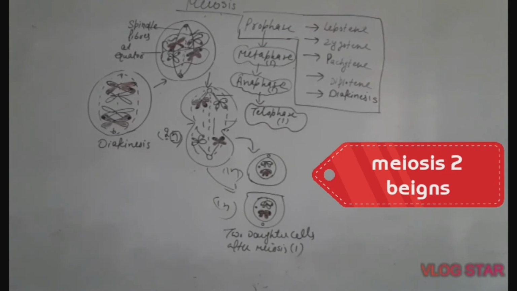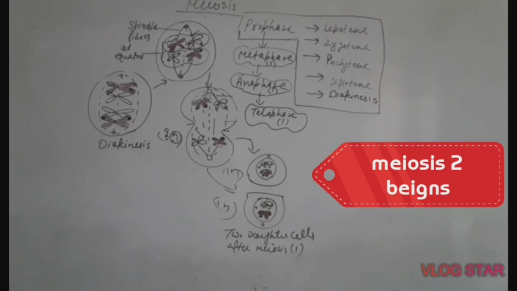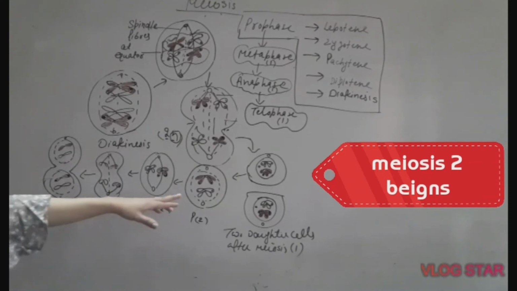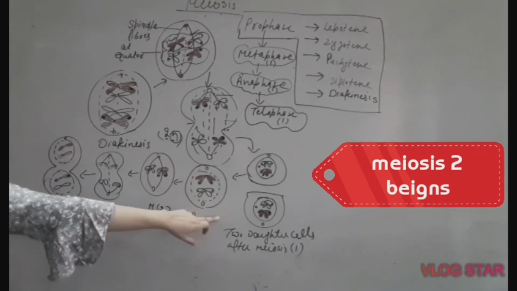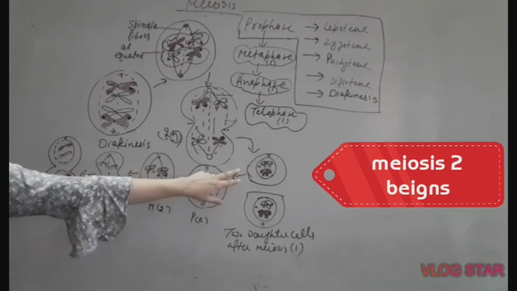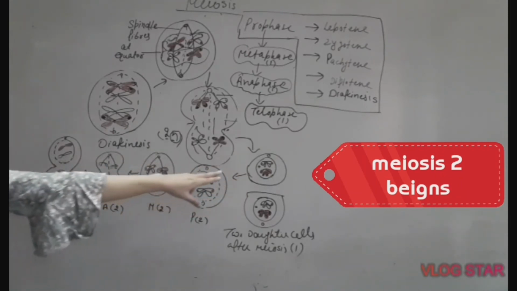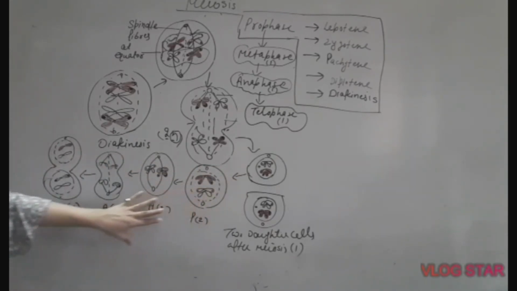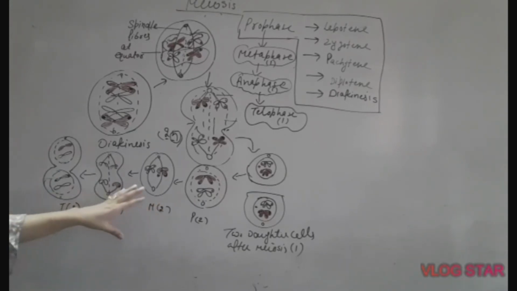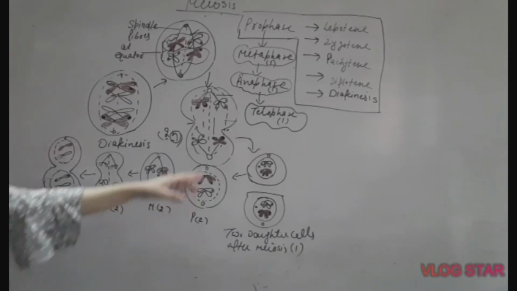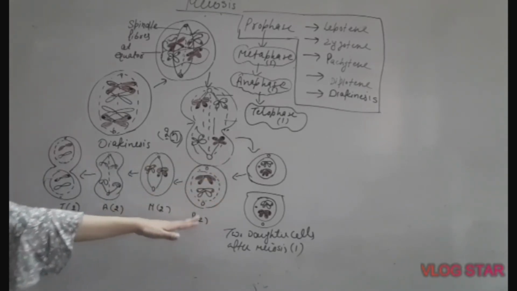Now let us see how these cells enter into meiosis 2. I have shown it in one of these two cells, but you will have to draw the same pictures for the other cell also, because meiosis 2 takes place in these two cells together at the same time. As a result, 4 daughter cells are formed, 2 from this cell and 2 from the other lower cell. I have not drawn it; you are supposed to draw the same pictures. I have just drawn one for my convenience and for yours as well.